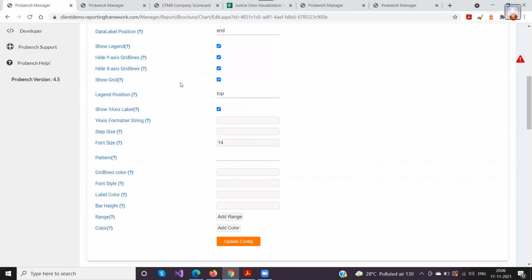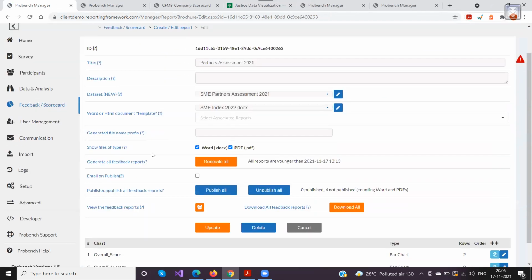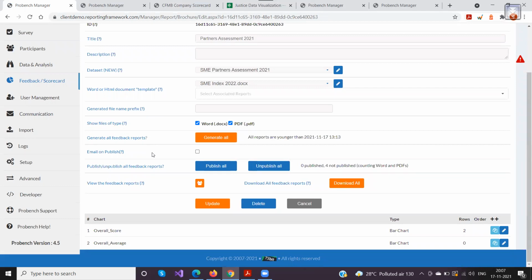All right. I'll move to the next section, where I'll show you how the actual placeholders and everything are put within the template. In this particular training session, I will cover how it's done in the doc format, because the HTML format is a bit more technical. We would recommend taking help from our team when it comes to HTML or web scorecards. But when it comes to Word scorecards, it's pretty doable from your end as well. So I'll try to cover that particular area here.